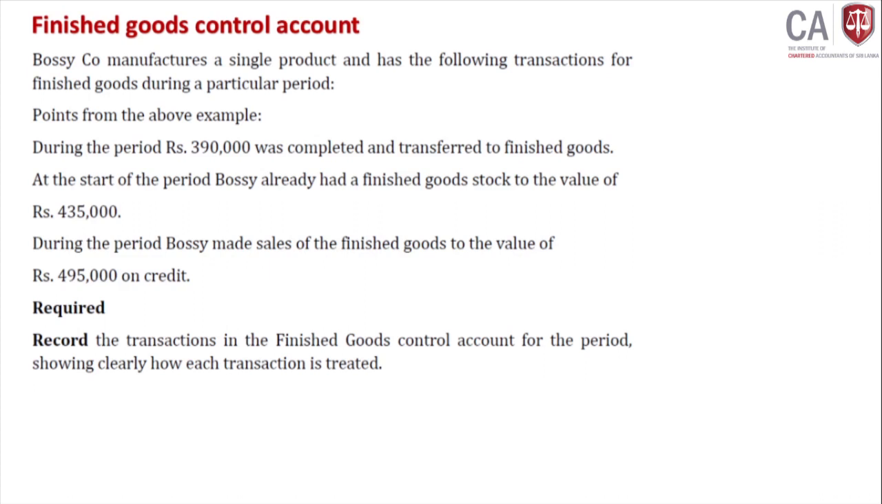Bossy company manufactures a single product and has following transactions for finished good during the particular period. Point from above example, previous question. During the period, 390 was completed and transferred to finished good. Here, during the period, debit to FG account 390. This is coming from WIP. 390,000. Debit එක තමයි මේ ගත්තේ. Right? And